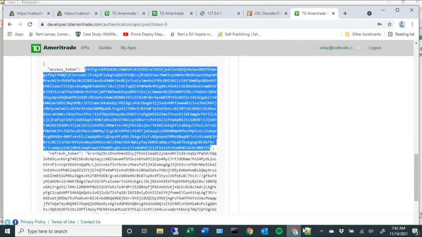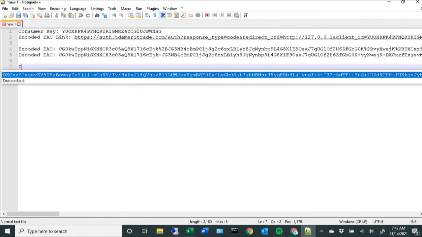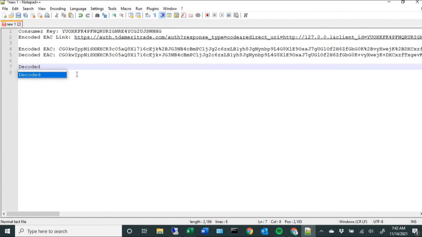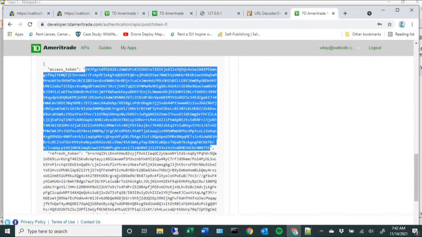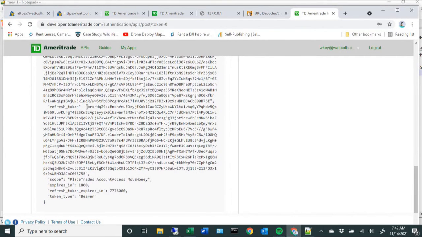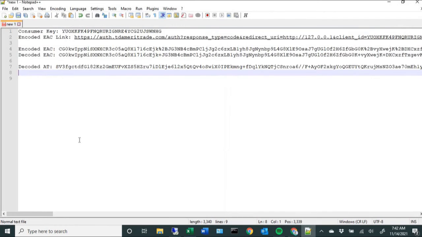So let's copy our access token. Let's go here and type decoded AT. Now let's go back, get the refresh token, copy that,